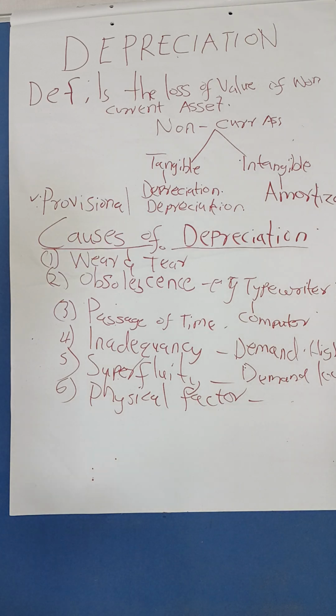Good. So you will realize we have so many factors that can cause depreciation. We have even accidents. When you have an accident, it will result in depreciation. The value of that asset will go down. Another factor you can mention is a fall in market price, which you can relate to what we have talked about here, the inadequacy and the superfluity, just on that line. Good. So those are the causes.